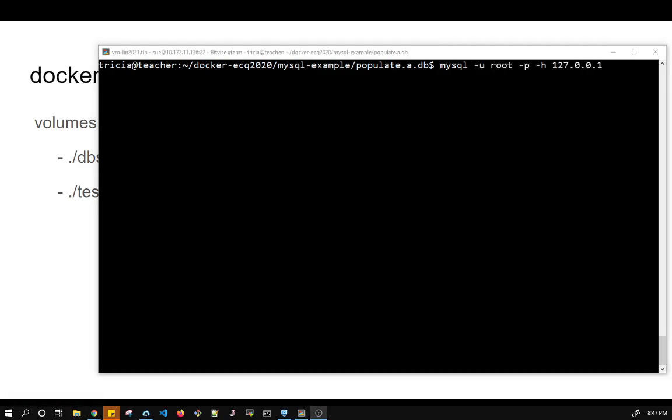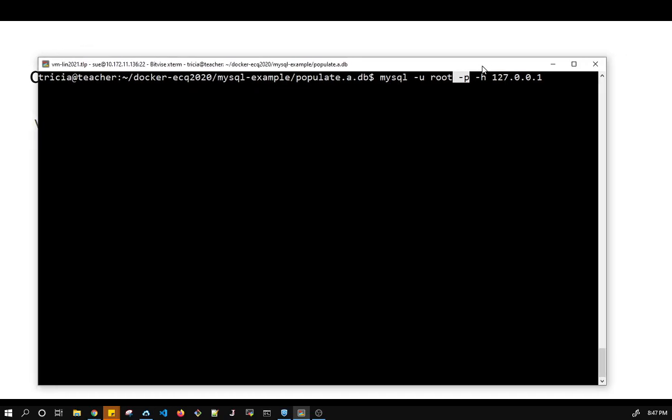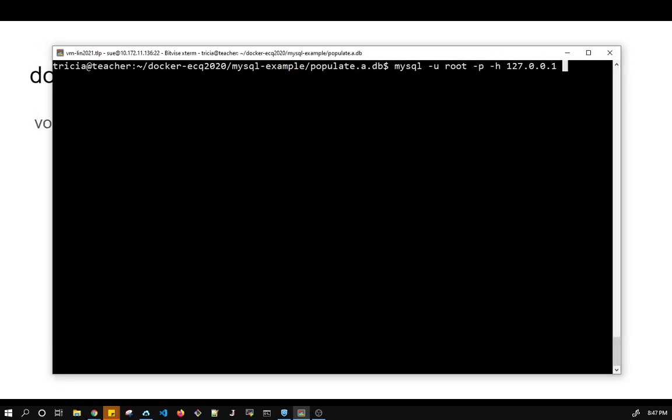So here, this is how I access it. I have to use localhost because that's where I'm coming from. It's going to prompt me for the password. I'm using the user root. I'm being a bit lazy. I should use that secret user. But okay, so the password for root is,